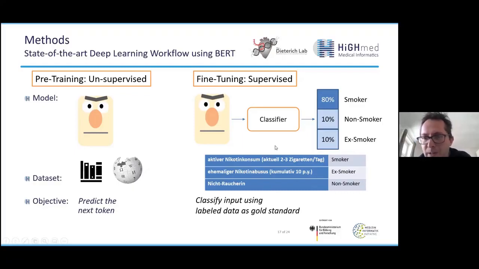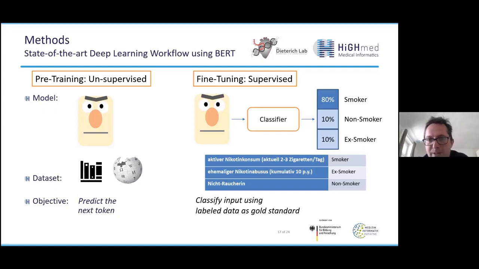So we take the BERT model to represent all the words we are inputting from our discharge letters, and then we stack a simple classifier on it. It can have any kind of architecture, it doesn't matter so much. Here we are just training it on our smaller training data, where it has labels and annotations, and it can learn from it to perform this kind of task.